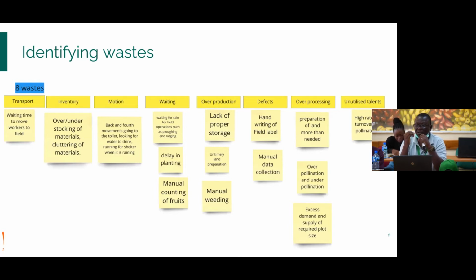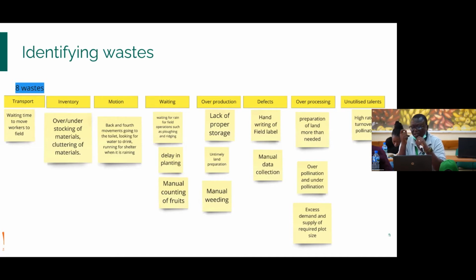Some of it is due to the natural elements where you don't have irrigation and you have to wait for rain-fed agriculture. Delay in planting and manual counting of fruits are some of the waiting and the waste that we identified. Overproduction is part of it, as typified by manual weeding. Untimely land preparation is another one. Lack of proper storage is another one. Defects such as handwriting of field labels and manual data collection,